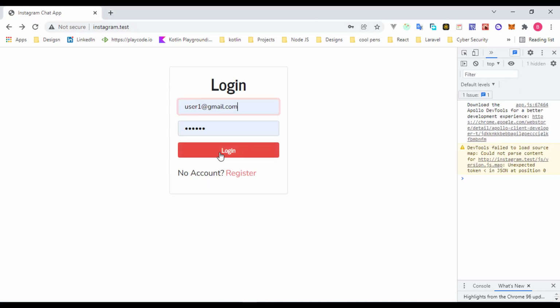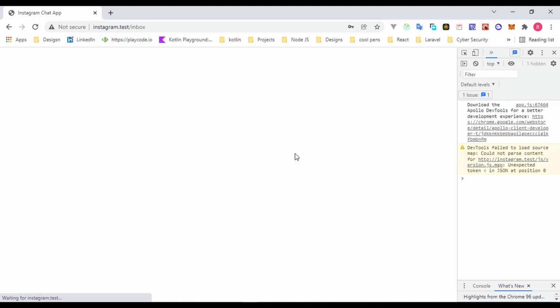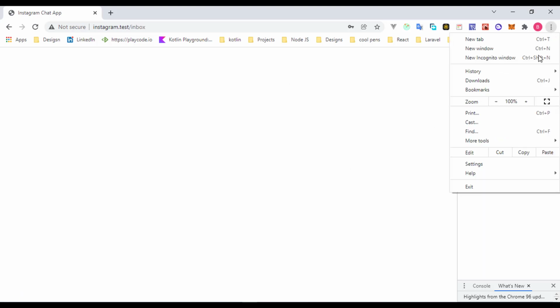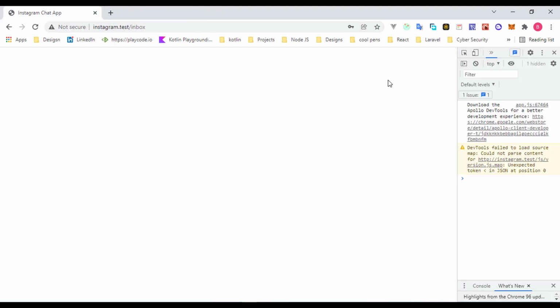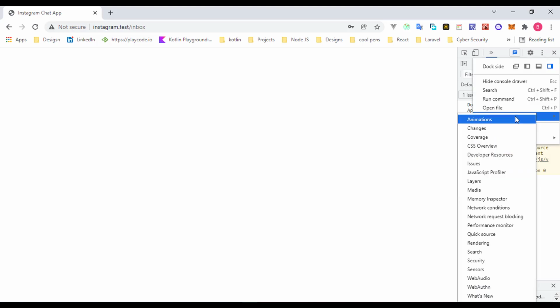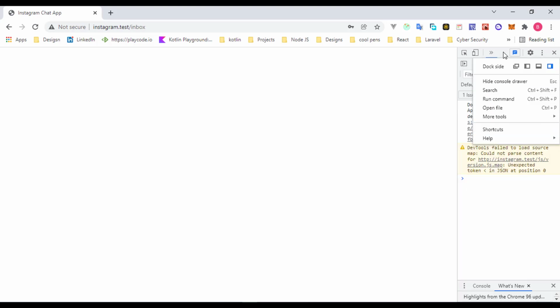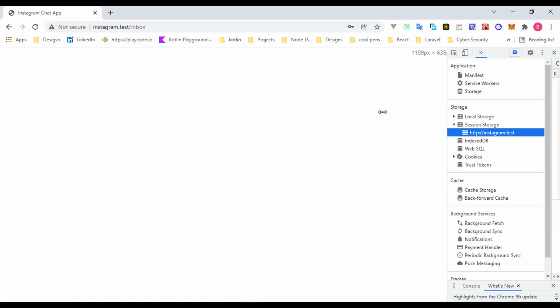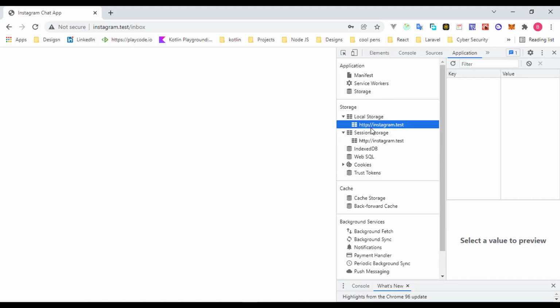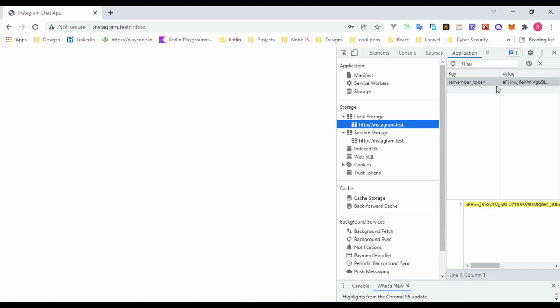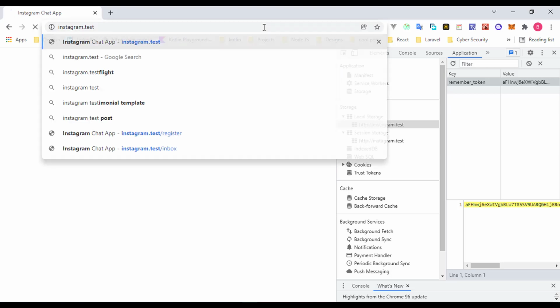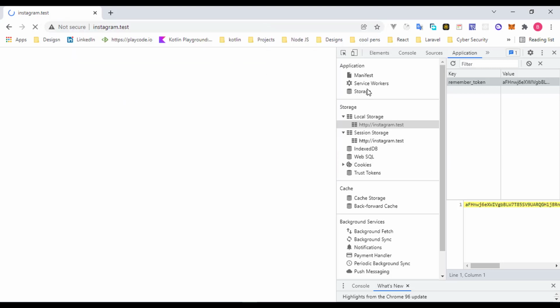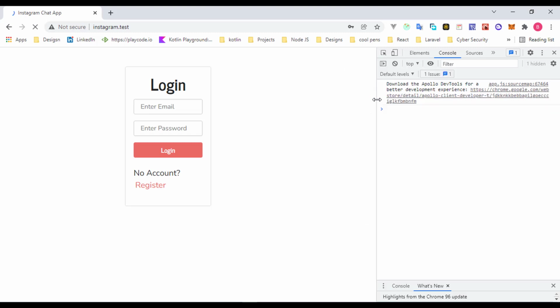So I'm going to log in with user 1. So user 1 is logged in, and we can click on settings, not that settings, sorry. We can click on, sorry, we have to click on this, not there. And now we can expand this a little bit and go to the local storage, and right here you can see we now have the remember token, and this will now help us to test out our load user. So let's see whether load user it's working perfectly,